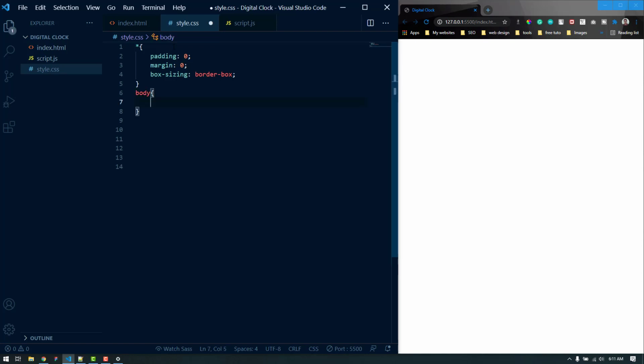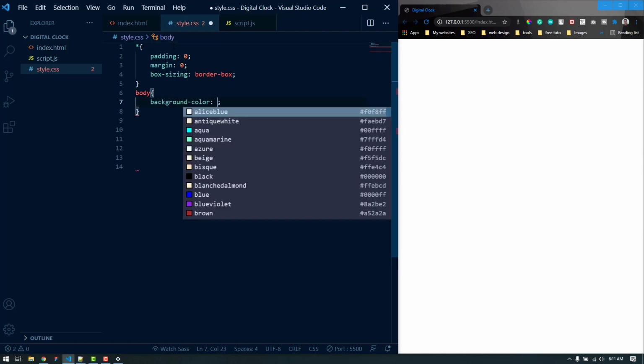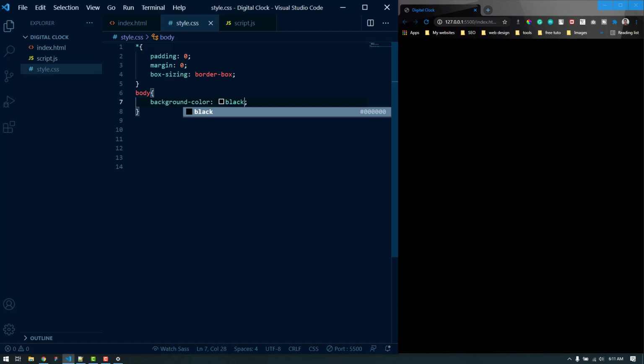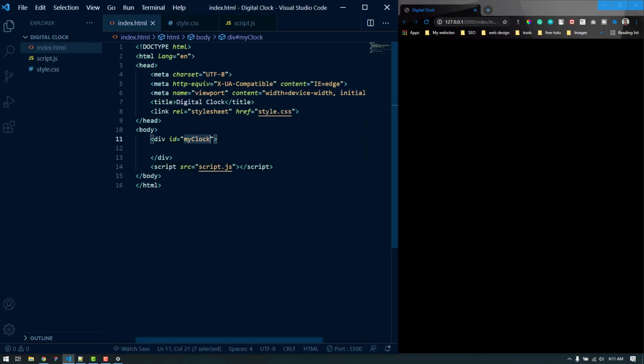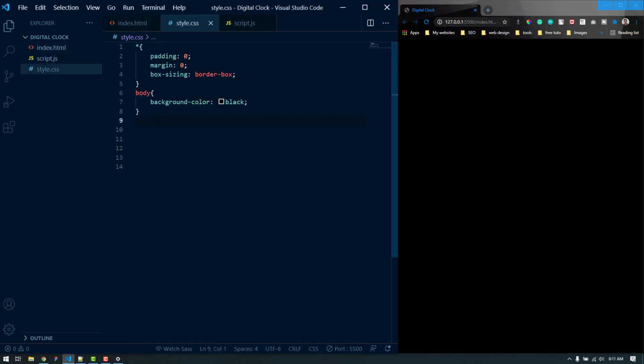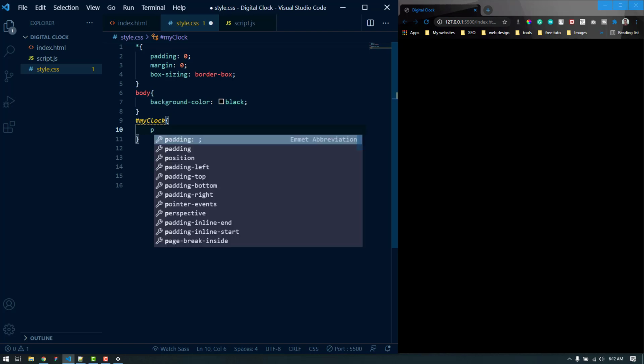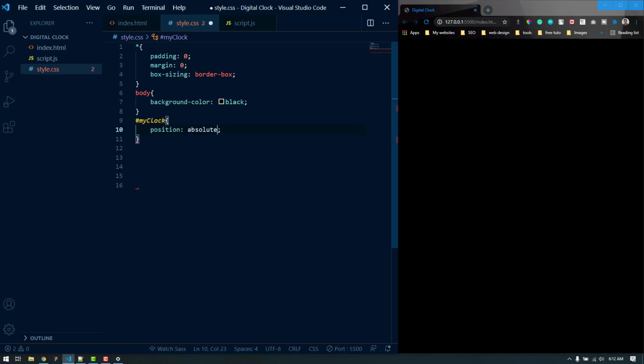Now let's target the body and give this a background color of black, so it will be completely black. For this clock, let's select the id, and I am going to give this a position of absolute because we want to make this position in the center.